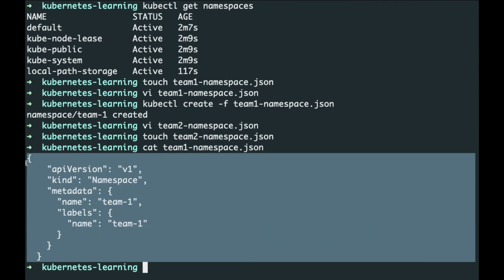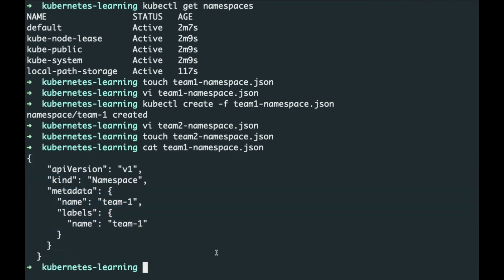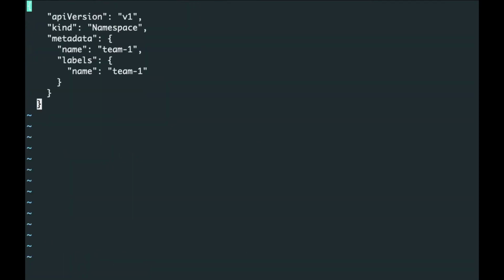Copy it, Control C. Now let us vi into the new file. Now just paste it, and now what you need to do is change the labels for team2. So the team2 label name is team2.